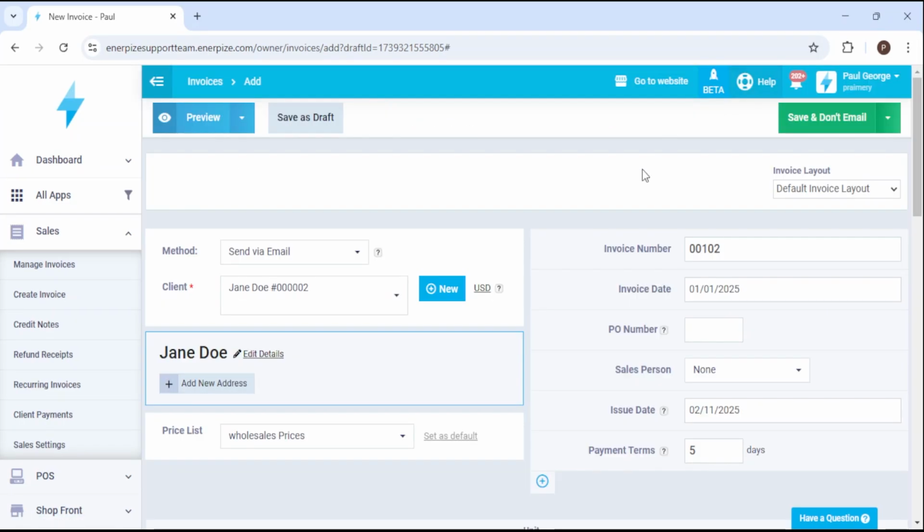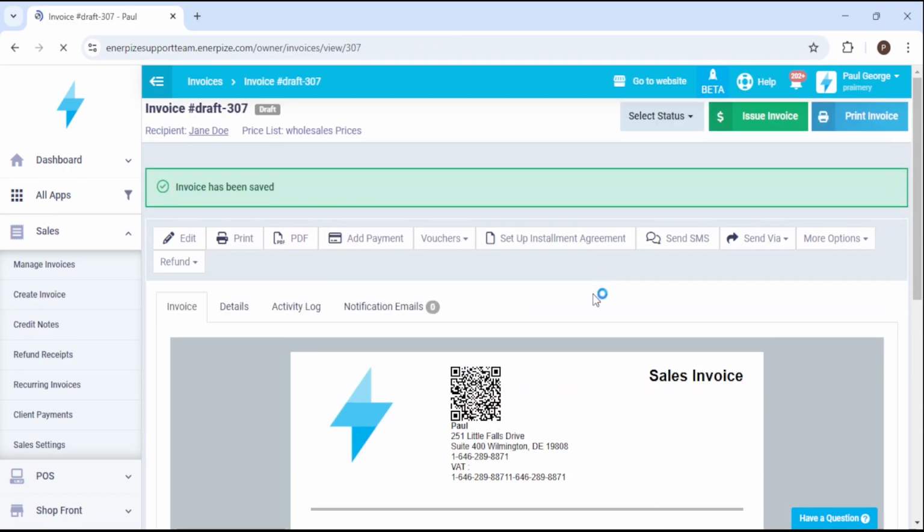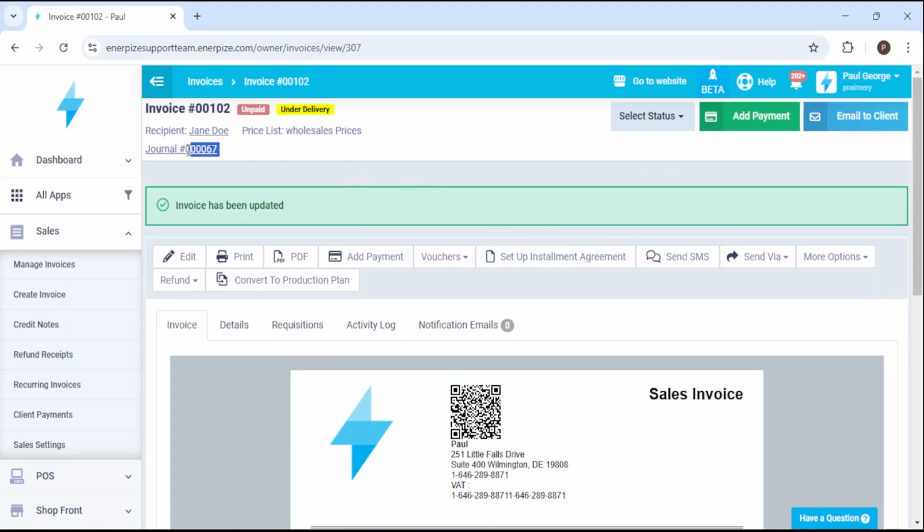Please note that a journal entry will not be created for the invoice if it is saved as a draft. As we can see here, the invoice has been listed under the draft number, not under the invoice number. The Save as Draft option allows you to edit it at any time and then convert it to an invoice by clicking Issue Invoice. As we can see, a journal entry has been created, and the invoice has been saved under its invoice number, allowing you to take any further actions on it,